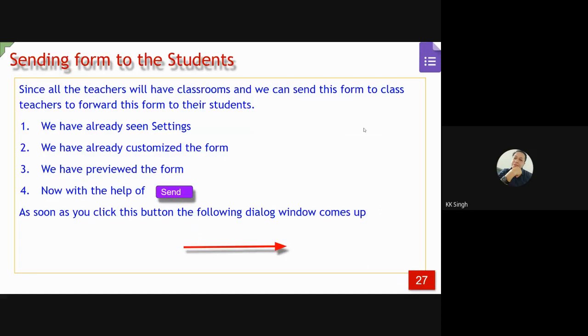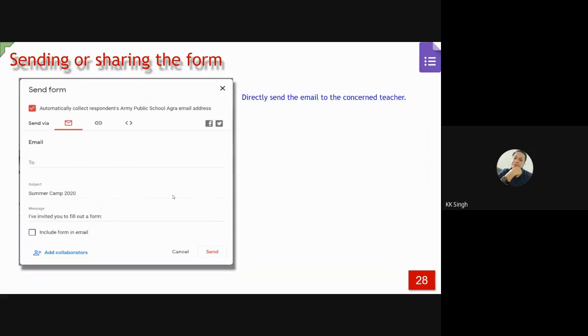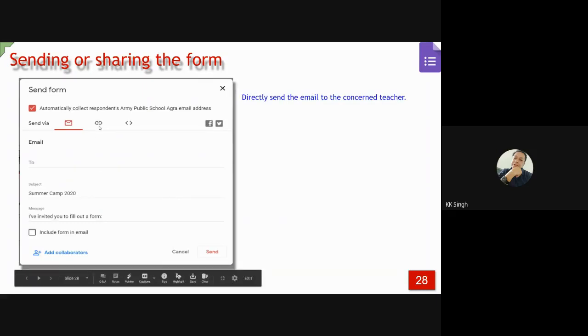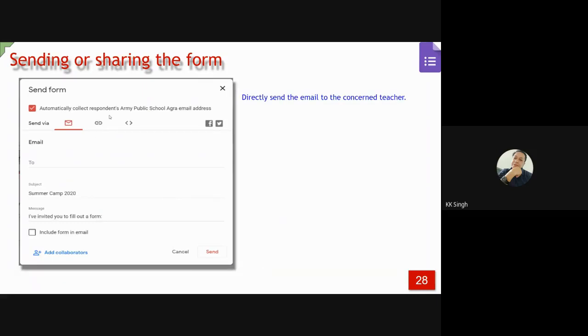Once the form is created, and if you want to share this form with the students, choose the option send. When you click on send, this screen will appear. You will have the email option, the link option, and the embed option.